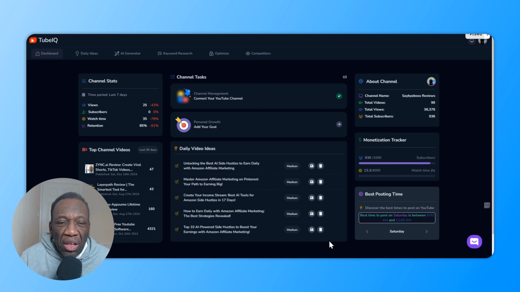called TubeIQ. TubeIQ is a software that I think is going to be a very useful addition to many people's arsenal, productivity, or workflow because it creates the opportunity to look at indicators which might not necessarily be readily available to certain kinds of